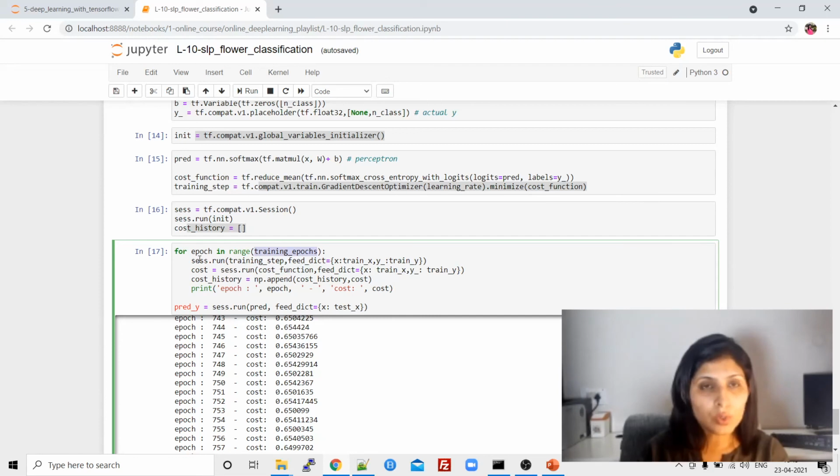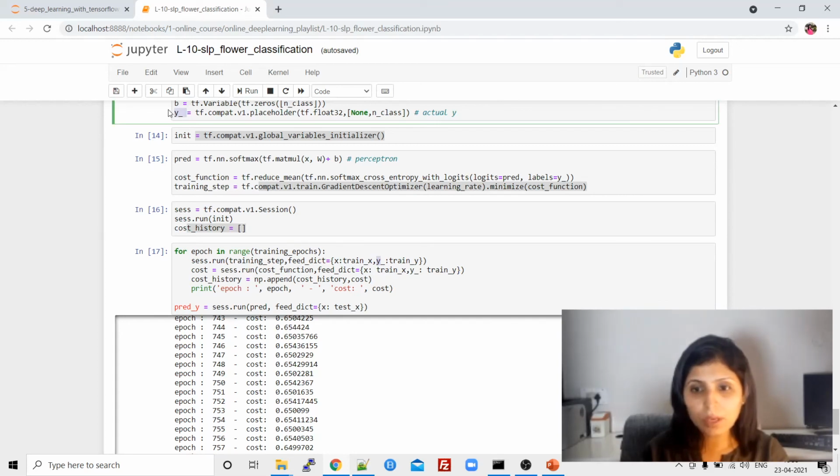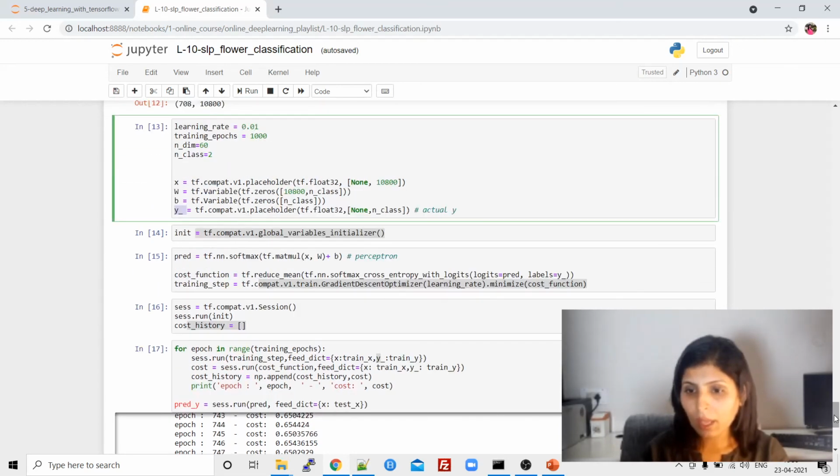And we want to run the session. We want to update the weights every time, and x is a placeholder and y is a placeholder, so we need to give data to them.